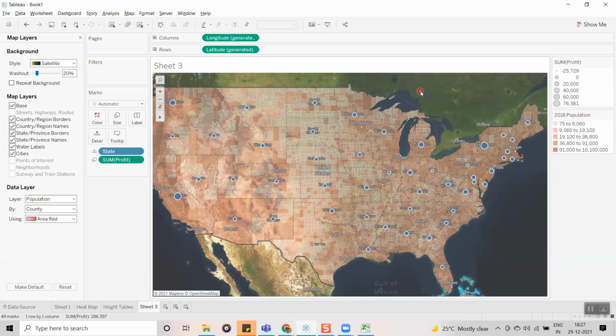Okay, see, in customers also there will be two types of customers. Some customers will focus only on the data, and they always expect data quality. And some customers will expect data quality along with the look and feel. Whatever visualization you are going to create, it should be catchy.